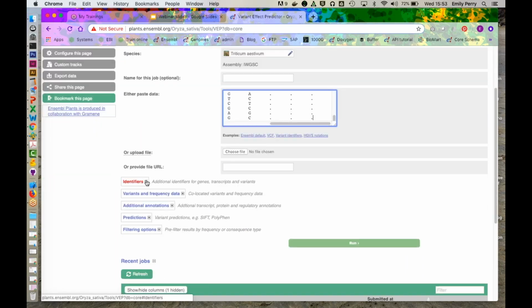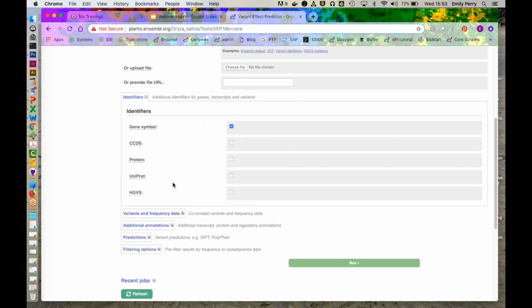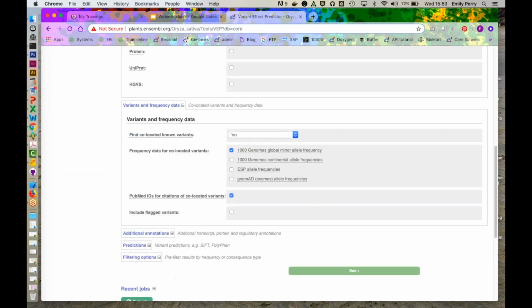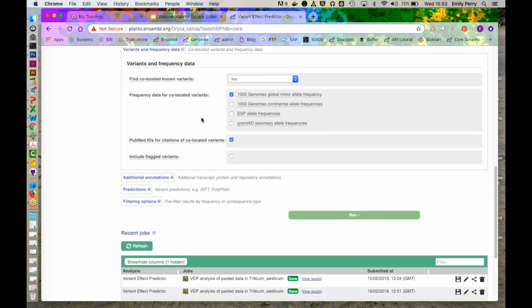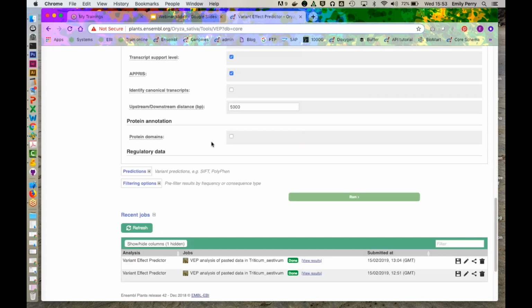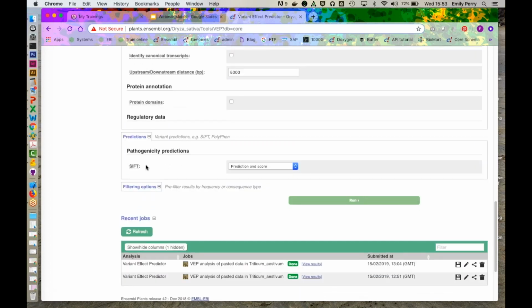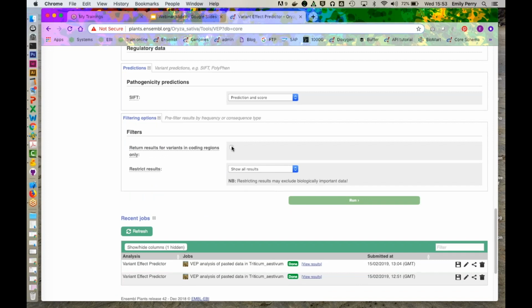And there's loads of extra information that I can get about it. I've got loads of options that I can open up here. So I can choose to get things like the gene symbol if it's available. I can get my output in HGVS. Unfortunately, the options in the VEP don't change depending on what species you're in, so they do give you a lot of human-specific options. You can get things like biotype of the transcript, protein domains. It will automatically get you SIFT predictions. And I can also filter if I wanted to only get variants in coding regions. If I now hit run,